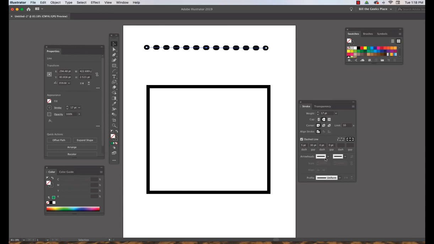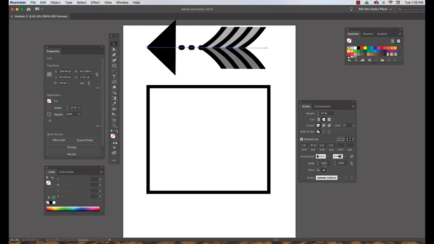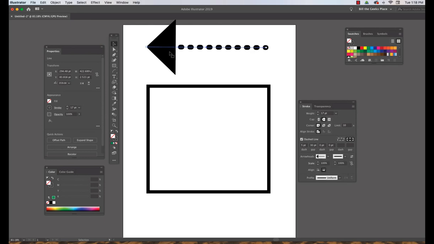But the arrowhead function is a lot of fun also. I can add arrowheads to both sides. And you have a fair amount of options to work with. Now, if you create an arrow, let's take this back to the default. If you make an arrow, well, perhaps you get your dashes in there,